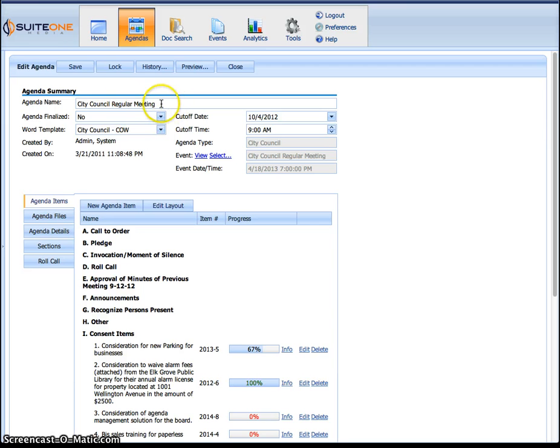Now, you notice right now, I actually had to edit to change all this. General staff members can't make these changes. These are secure functions, by the way. So they would not be able to make changes to whether it's finalized, but Word template, even the name, and